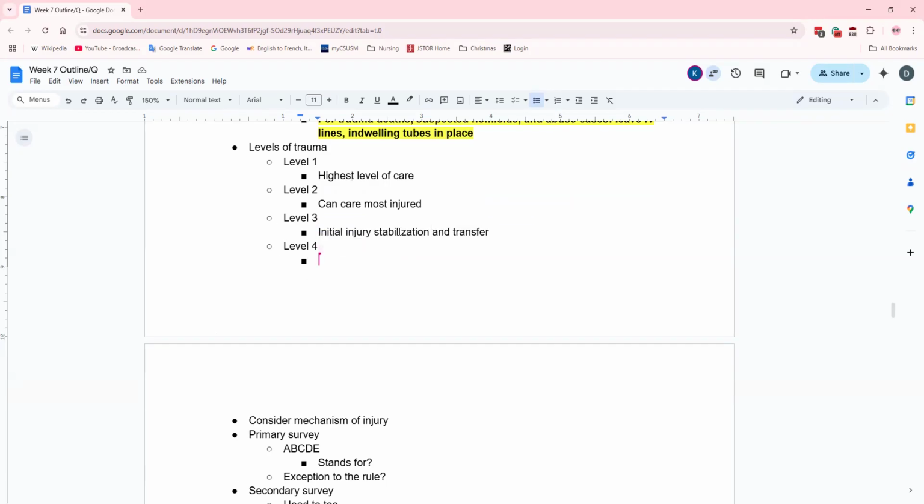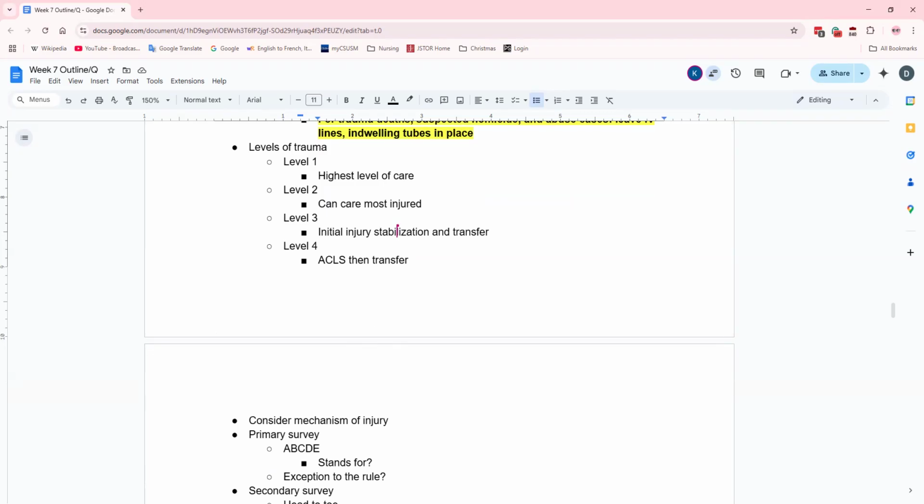But this is just for fun. Don't worry about it. I just put it in before I looked over some other stuff to determine what I should put in here. So that's why I was like, let's just go over this one really quick. So if anybody's interested in working in trauma, here's all your levels. So when you hear it's a level 2 trauma center, level 1, you now know what that means.